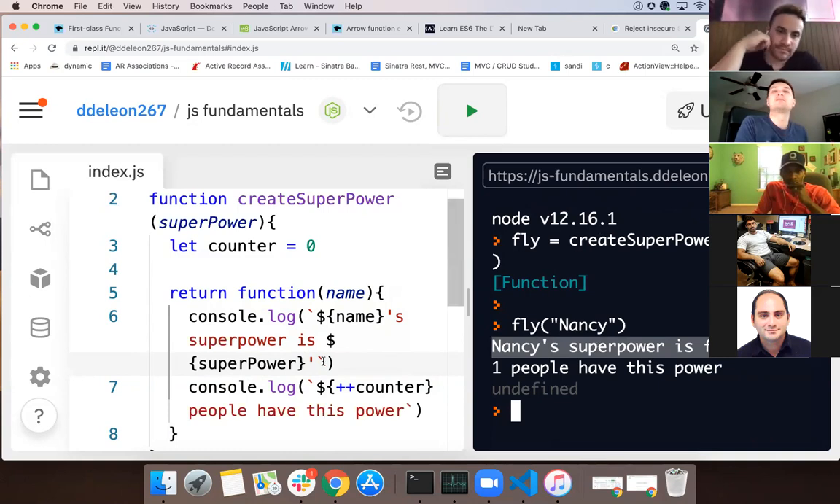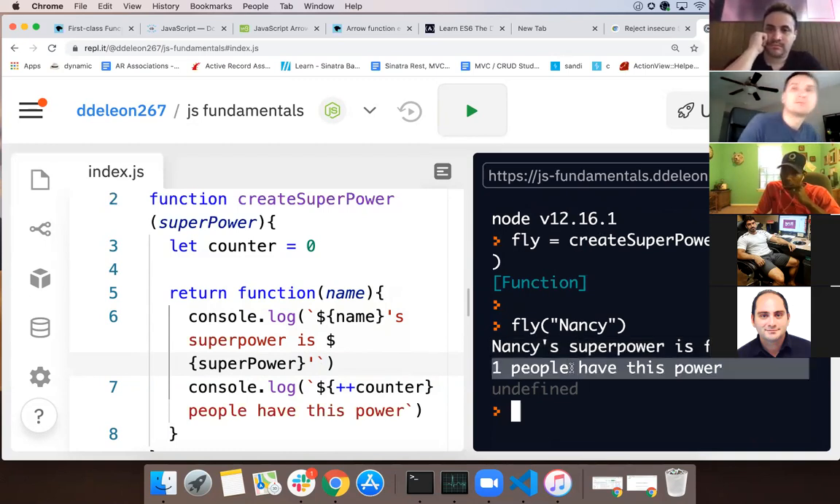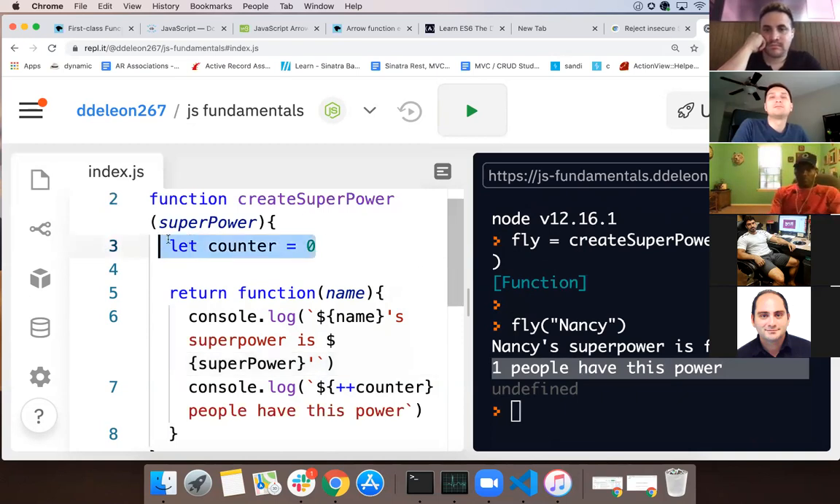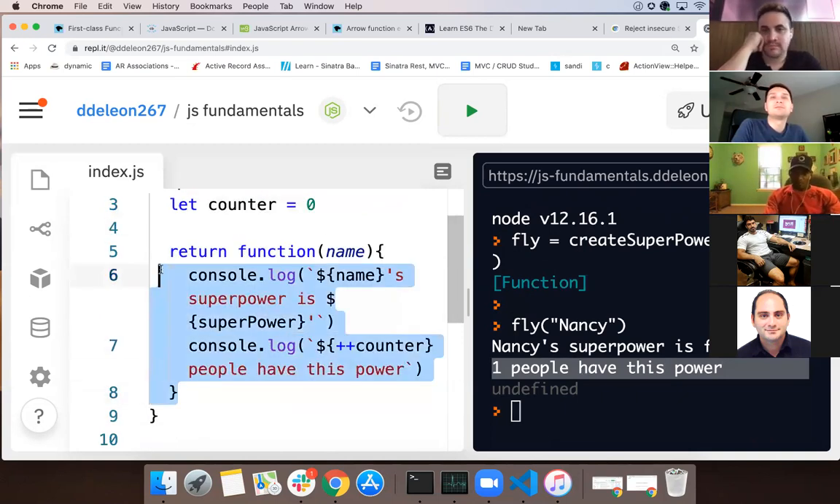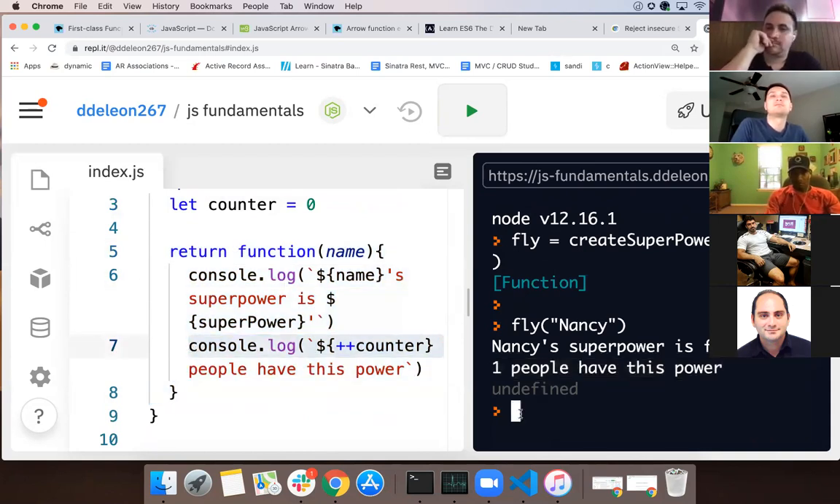And we got a little typo somewhere in there, that's not a big deal. And 1 person has this power, right? That's not too surprising. We started with a counter. We said when we return this function, inside of that function, we're gonna increment the counter, right? Now, if I do this again with another person,